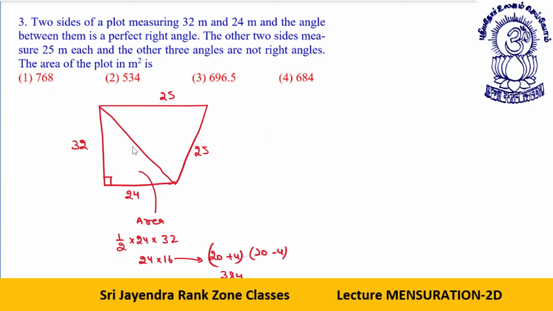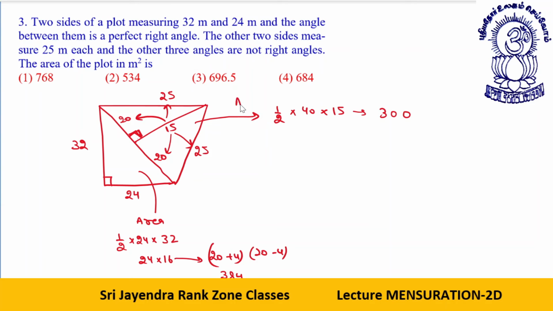This is 40, na. Drop a perpendicular from here. Isosceles triangle, what will happen? If I say this is 15, this is 20, this makes a Pythagoras triplet. Okay, 15, 20, 25 Pythagoras triplet, 20 plus 20 is 40, everything is worked out. So the area of this triangle is half into 40 into 15, or 300.